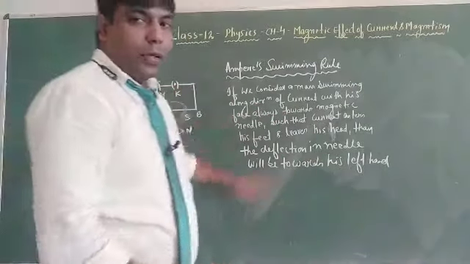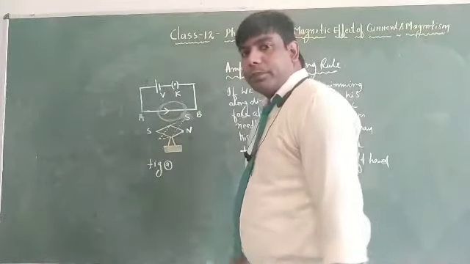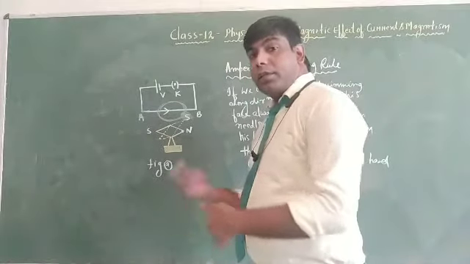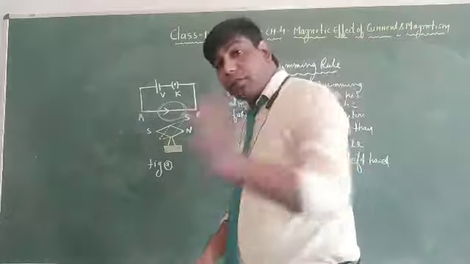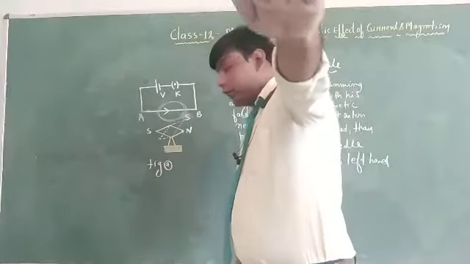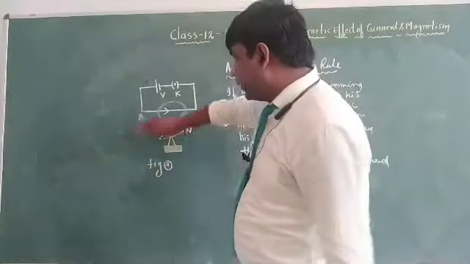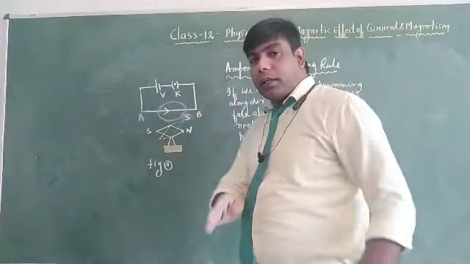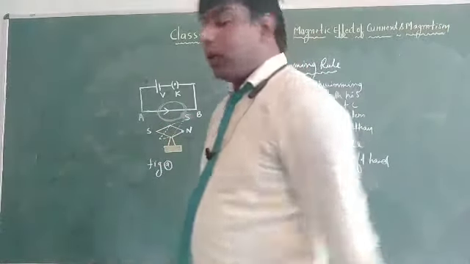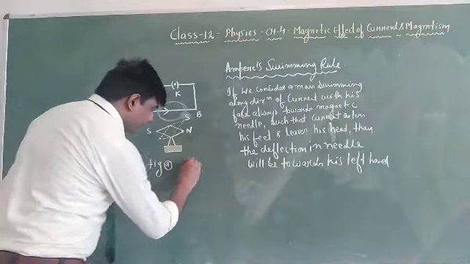Right? And in this next case, this was the direction. The direction of current is changing, so the swimmer needs to swim in the direction of the current. So again, deflection will be toward this side. See here, in this case it was this side, and in the other case it will be this side. That is, deflection will be shown by the left hand. It is known as the Snow rule.